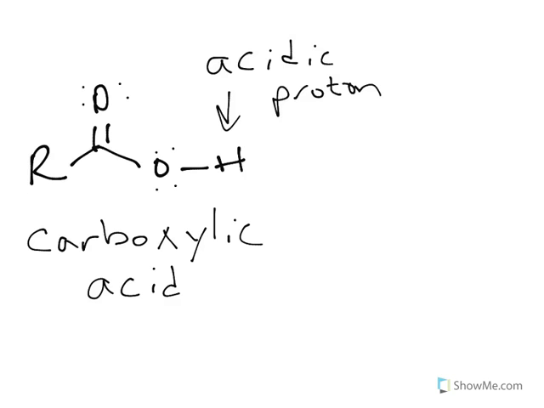And carboxylic acids are not terribly strong acids. In fact, they're not considered strong acids at all. They typically have pKa values in the range of around 5. And depending on what the R group is, that value can go as low as 0, actually, I've seen. But typically, if you don't have anything fancy on your R group, we typically are just looking at a pKa of around 5. So the carboxylic acid derivatives